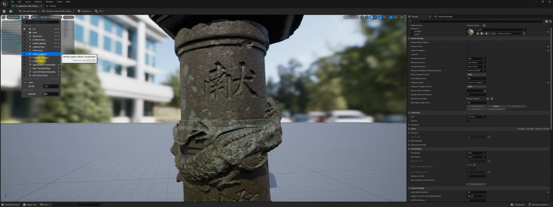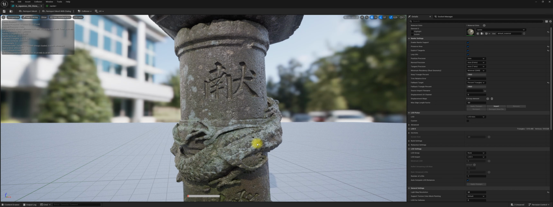So you can see when I go to path tracing now that it preserves the quality of our displaced mesh,